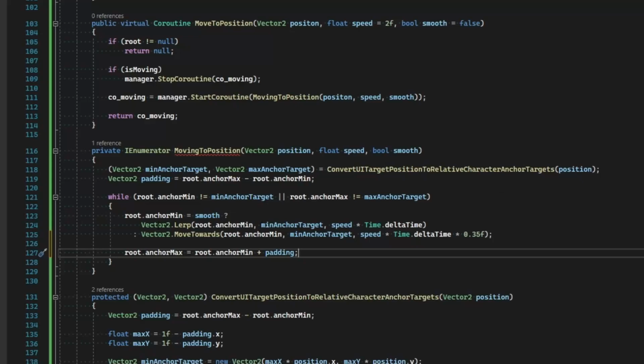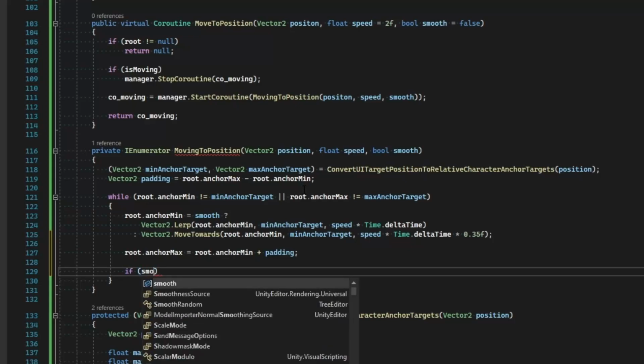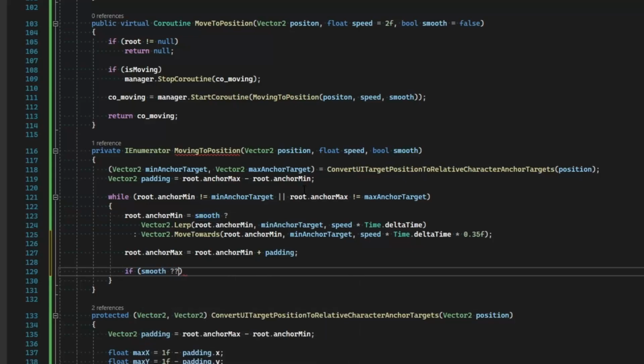And on that same note about lerp taking a long time to reach its target, it could take a very long time to reach its target, even when it looks like it's finished, because it's moving in micro increments. And so that could take a very long time for our coroutine to finish, and if we're waiting for it to finish, we're going to be waiting for a long time. So let's set ourselves a threshold, and then just go ahead and force it to complete if it's within that threshold. So first of all, if we're using lerping,